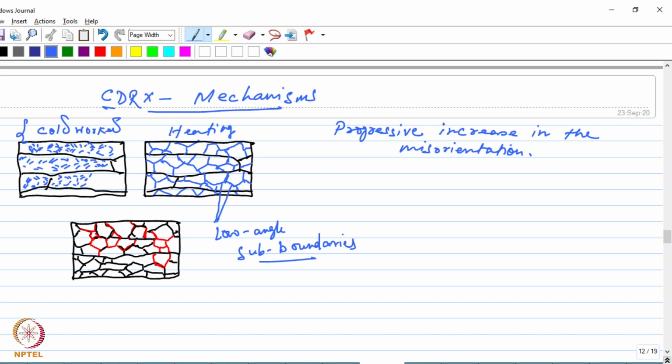So in order to convert them into high angle boundaries, more and more dislocations have to be absorbed into these boundaries, and ultimately you also need some lattice rotation to occur so that these boundaries can be converted. First of all, the misorientation across these boundaries can be increased, leading to their conversion into high angle boundaries. Okay. So as you deform the material,